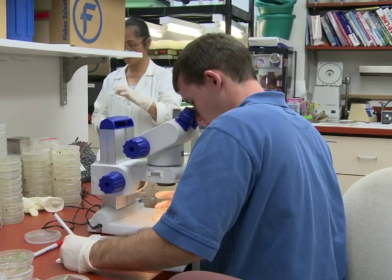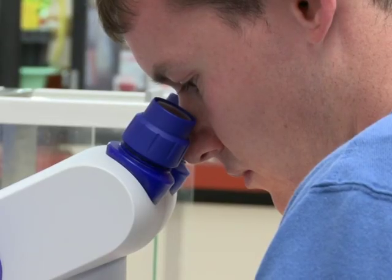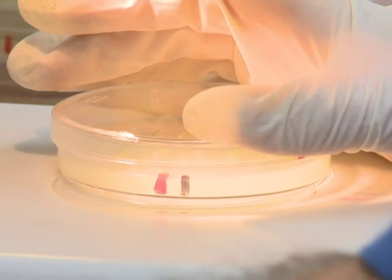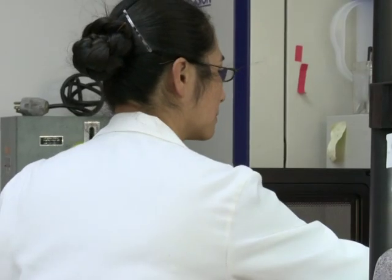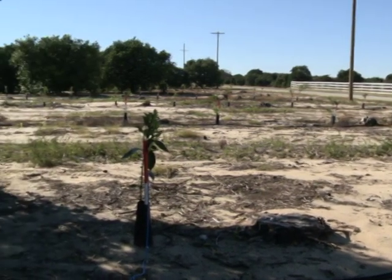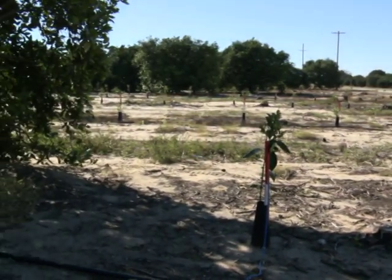At this lab, scientists are working on ways to extend the life of infected trees. So far, no cure has been found. There might be an antibiotic that you could treat a tree with, and so we're searching in that area. We're also searching for genetic solutions, ways to breed trees that would be resistant to this disease, as well as many other diseases. Swaths of infected citrus trees have been axed to prevent the spread of greening, but there are